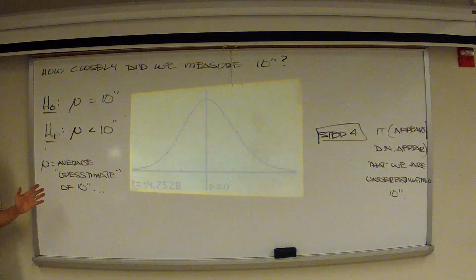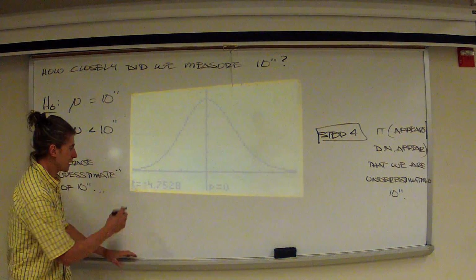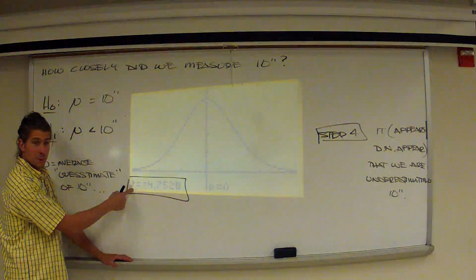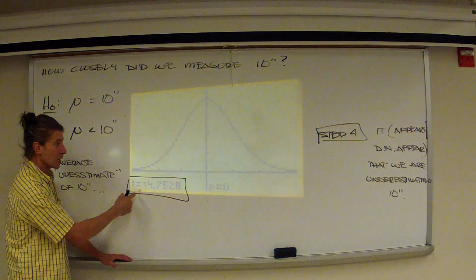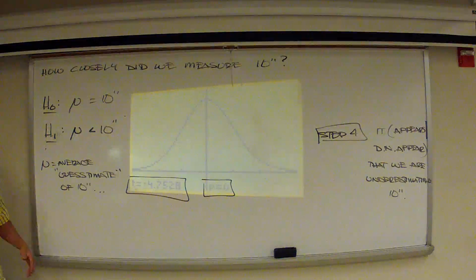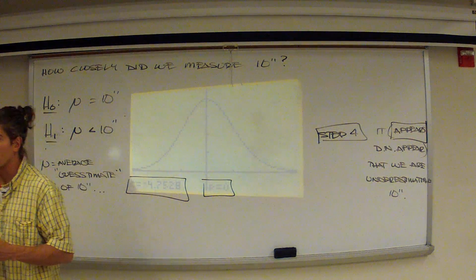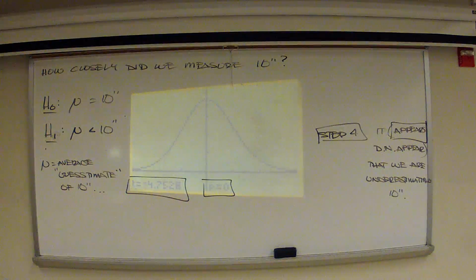even within a margin of error, or 2 margins of error, 2 standard errors. Look at your p-value. Here's your test statistic, t, because it's a t-distribution. Here's your p-value, 0, because it rounds to 0. So it totally appears that we're missing the mark.